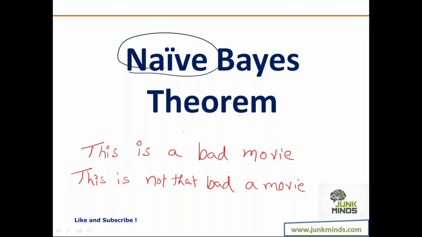Now, the problem here is the Bayes theorem will work on the concept of tokenization. So it will see this particular word bad and it will say that, okay, this is a negative review. The point is, even in this particular statement, it will see this word bad and it will say that this is a negative review. What the Bayes theorem cannot do is find the correlation between the words, like this: actually speaking, this is not that bad a movie. If you understand the context in which I'm using bad in the second statement, it is actually negating the negative aspect of this word bad. But this is something which your Bayes theorem will not be able to pick up. That is why it is called the naive Bayes theorem.